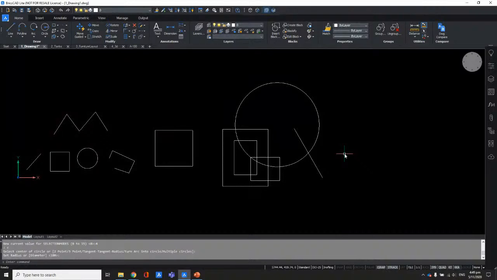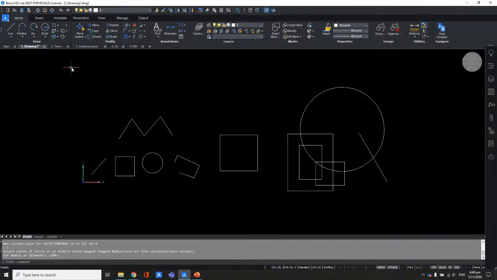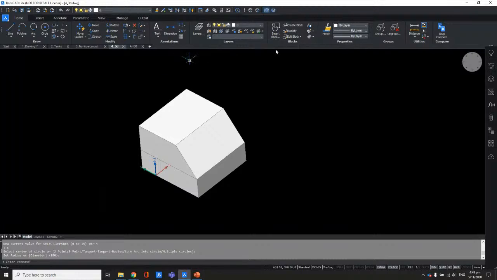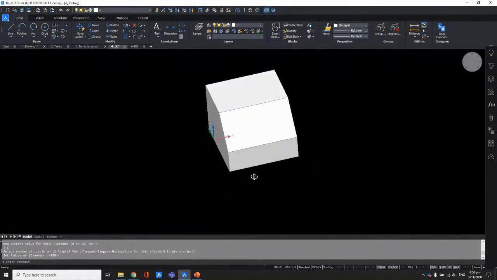And let us go to some other things that I wanted to discuss with you, which would be the other AI tools that we have. But before that, I also just wanted to show you the 3D that we were talking about earlier. I have here just a 3D model. And since everything is in DWG, and we are just in the drafting mode, if you remember, if you go to the upper left side, you will see what license level you have. Right now, I'm on BricsCAD Lite. So even on BricsCAD Lite, you would see that I'm able to